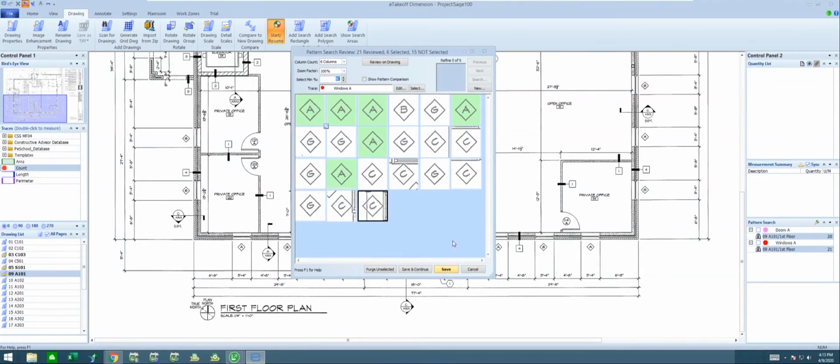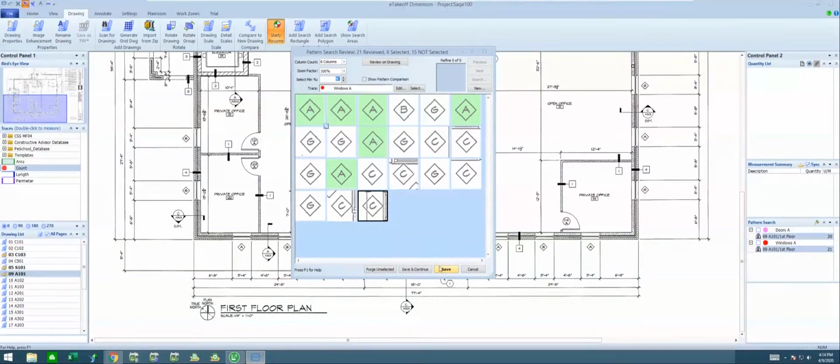In most other products, you'd do something somewhat similar. You'd have to wait on it to do the search. You couldn't do other searches at the same time. You couldn't do takeoff at the same time. You'd be sitting there waiting on it to get done with the search. And then once you pick which ones were really the ones you want and you accept it, it'd be done. You'd have to turn around and search for a B or a C or whatever else if there were very similar symbols like what I did here.